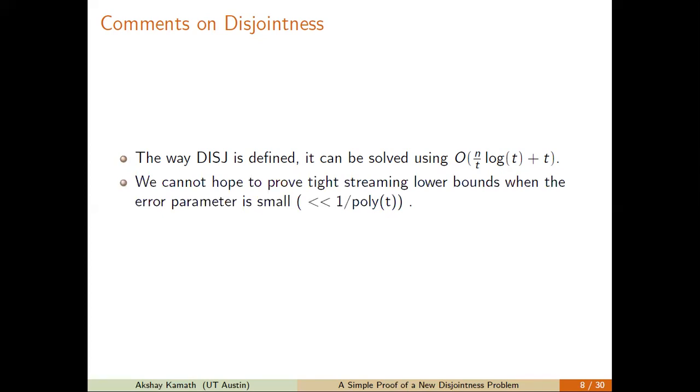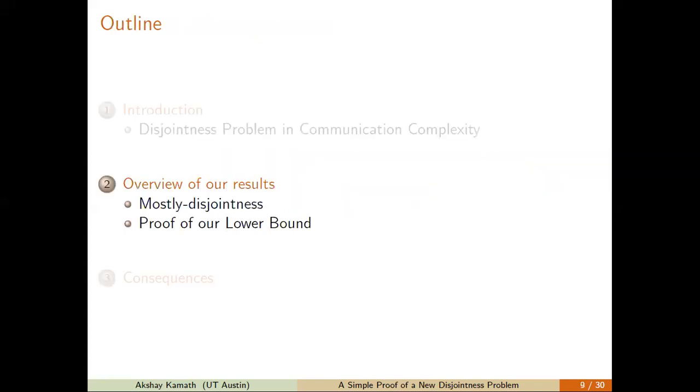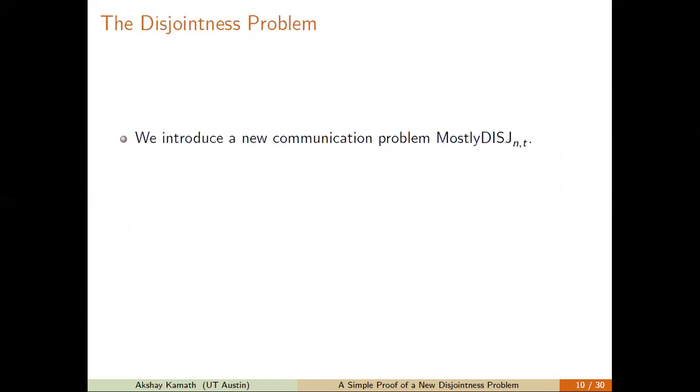So given this limitation of the disjointness problem, we cannot hope to prove tight streaming lower bounds when the error parameter for the streaming algorithm is extremely small. In order to get around this, we introduce a new communication problem called mostly disjointness